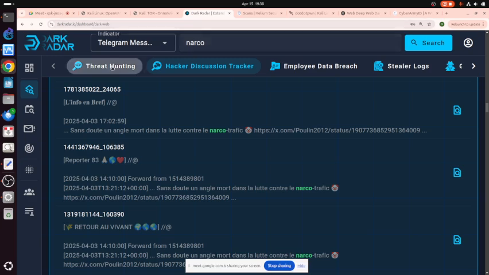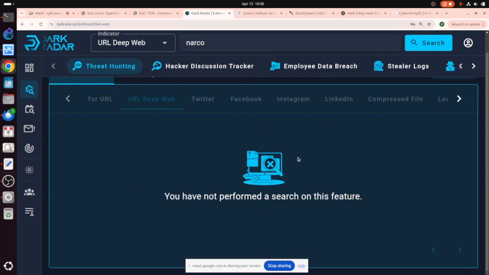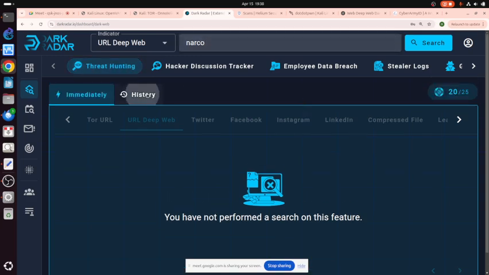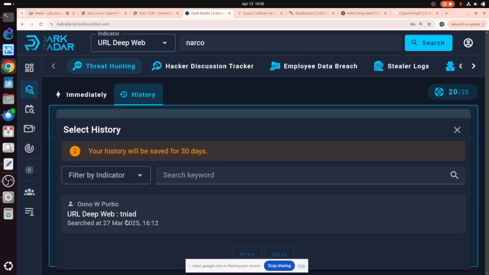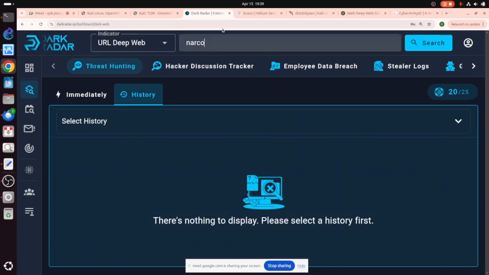Okay. Let me see the threat hunter. Threat hunting is basically, let me see if I have, there is, oh, I already, so if I already put some keyword, it will store the keyword here. This one is about the Indonesian Armed Forces. For example, I want to use TNI as the keyword search.